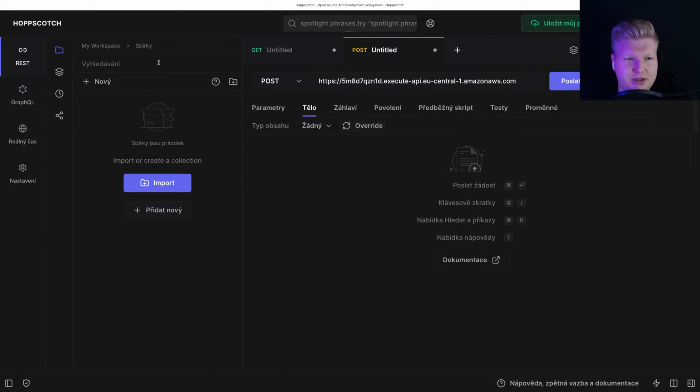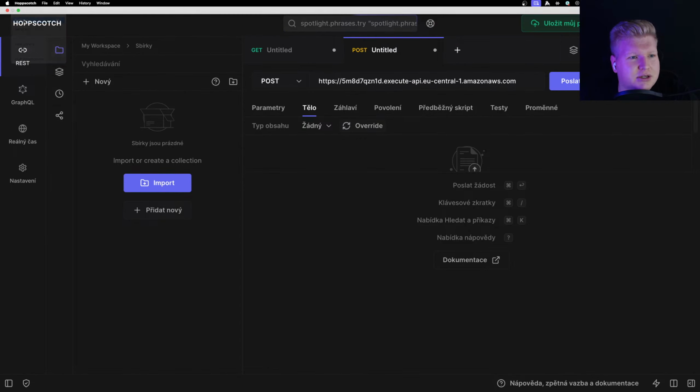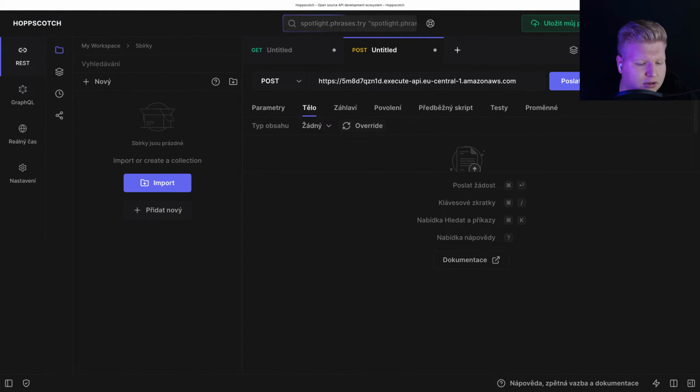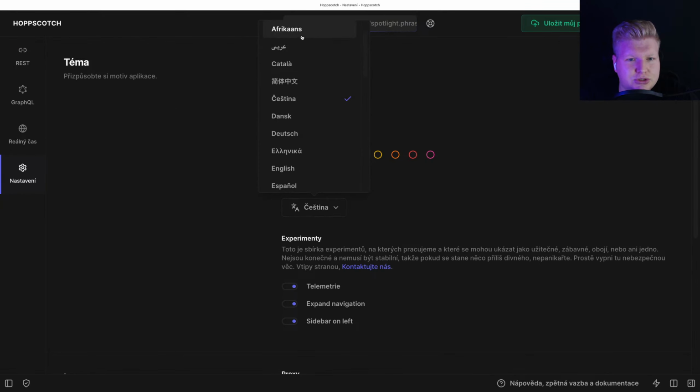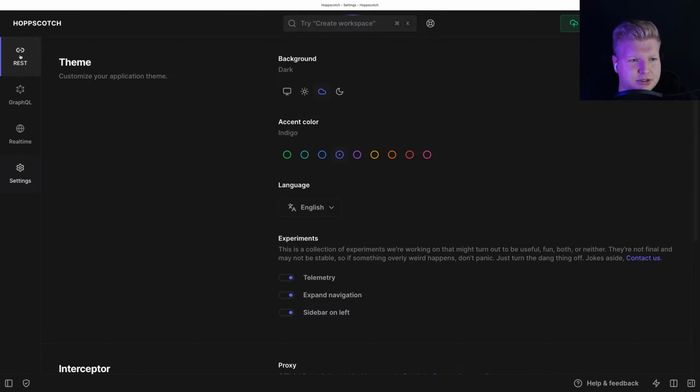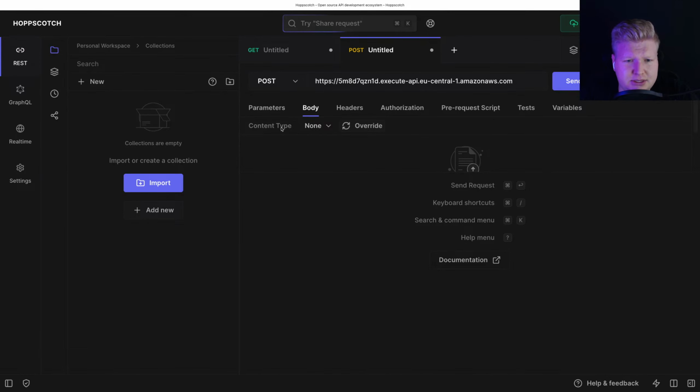And oh yeah, I have it in my Czech language. I'm going to check settings. Okay, I see. So it's not settings here. Language. Yeah, English is better. I do a post request, and content type is going to be application/json, and let me send there. ID is 103. Name is going to be Philip. Oh, of course it's JSON. So this.